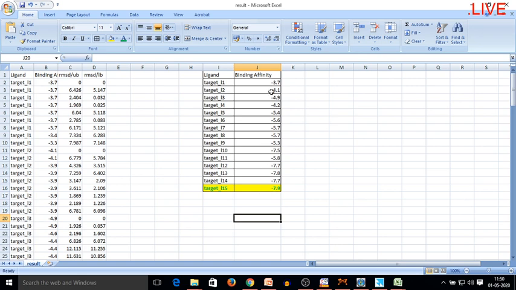So out of this list, my 15th molecule is showing the best binding, and so this is my best screened molecule.